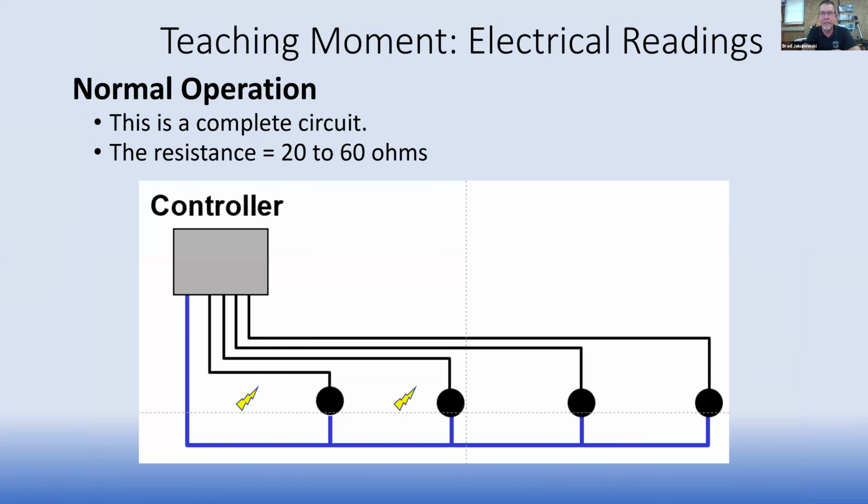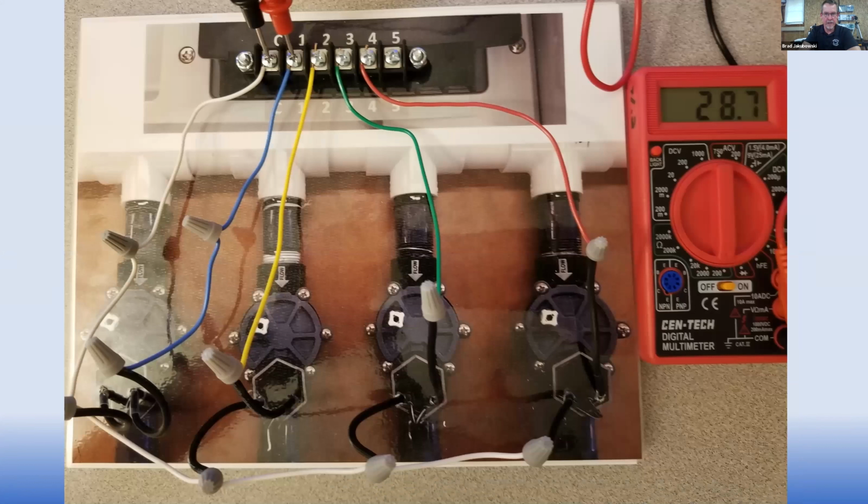All right, so electrical readings. What we're going to do next is get active and start working on our test cards. So here's our test card. Right now we're just getting to know this, and this will help us determine if the test card that you made actually made the trip okay, and if I built them correctly. I tested all of these, so they should be okay. What I'd like you to do is go ahead and turn on